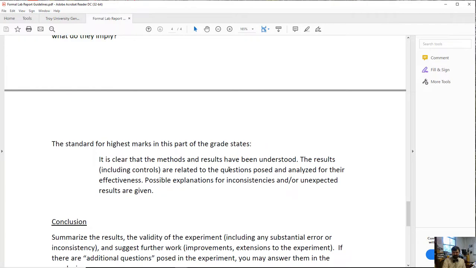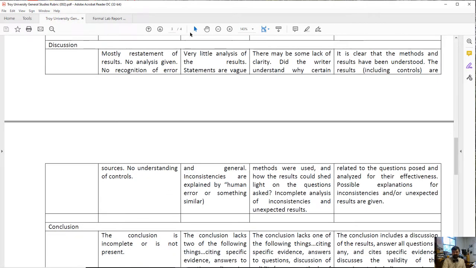And then your standards here, your good enough standard. For some reason I can't just highlight one cell in the table. Basically it just says you are allowed to lack a little bit of clarity, but